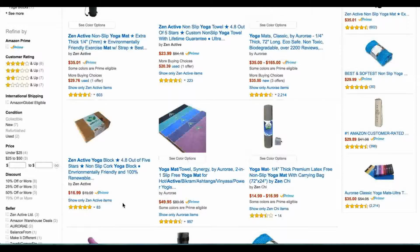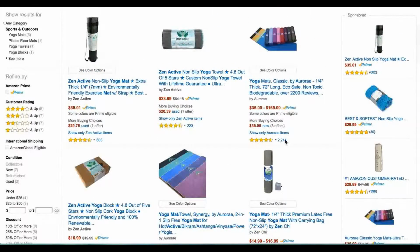They really pop out to the customer. You can see these guys have way more than we do, and we certainly need to continue driving to that number. Part of the reason it's so important at first to get more than just one review is not only does it seem a little odd for a product to only have one review, but when we drill into a product, so let's look at the yoga towel,